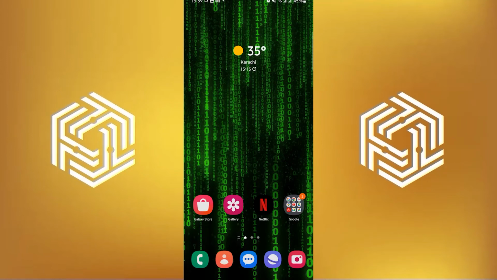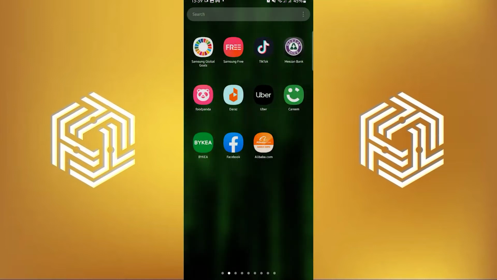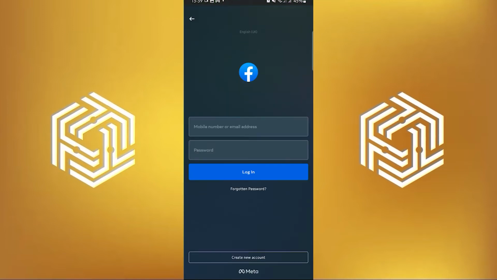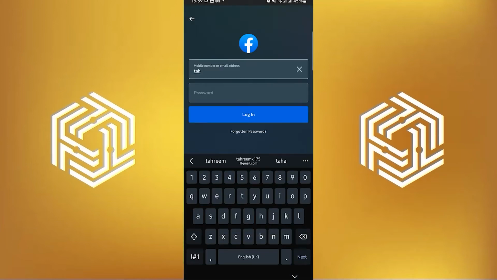In this video, I will show you how to reset Facebook password. To start, open your Facebook application in your mobile device. In here, select Login. First, input your mobile number or email address, bind it to your Facebook, then select Forgot